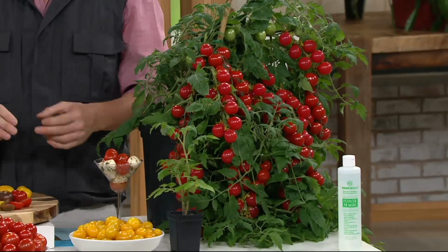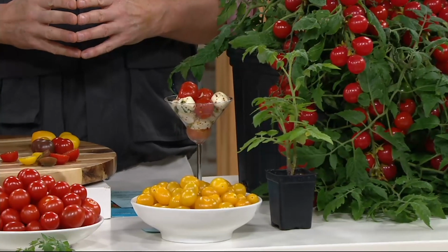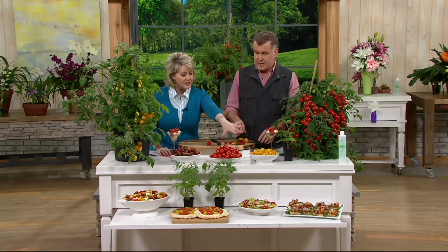So wait, the most compact. The most compact. The most fruit. The most fruit. And faster than any other plant. And I do want to add sweeter and more delicious. So walk me through, because this is going to actually do 3 different ones, and they were